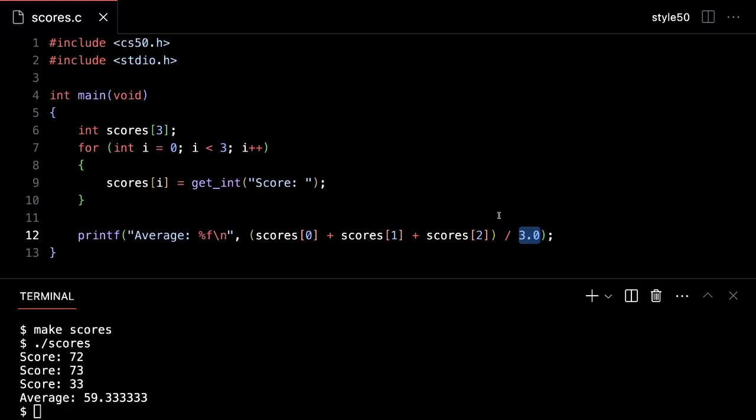I'm OK moving to this zero-indexed model. So this is a new term of art. To index into an array means to go to a specific location. So here I'm indexing into location i, but i is going to start at 0 and then 1 and then 2. I'm actually OK with that, even though in common day life we would say score 1, score 2, score 3. As a programmer, I just have to get into the habit of saying score 0, score 1, score 2 now. But something else, yeah?